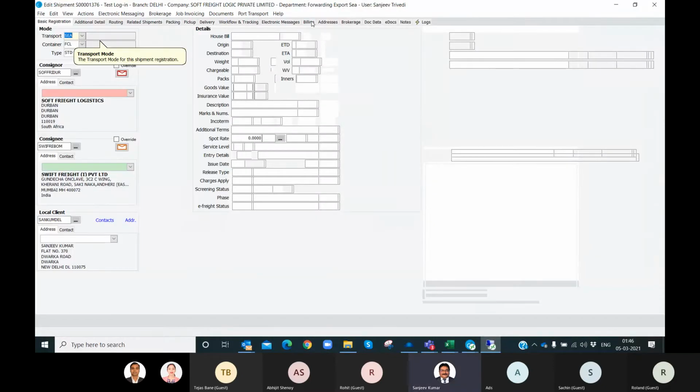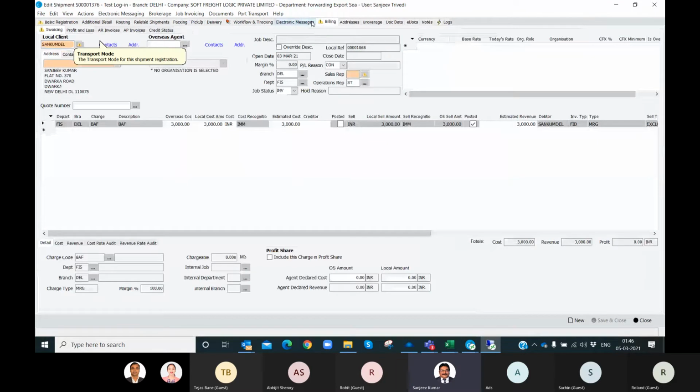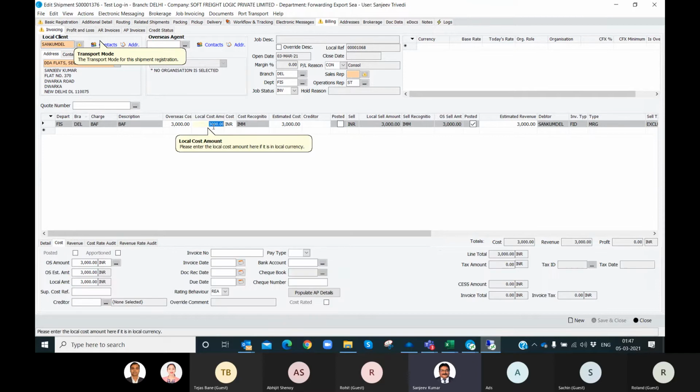Then go to the billing section. Here you see 3000 that was appearing there, and the not posted is not ticked. It means it is not posted yet. But 3000, as it is a cost estimate, and on the revenue side you see 3000 is posted.